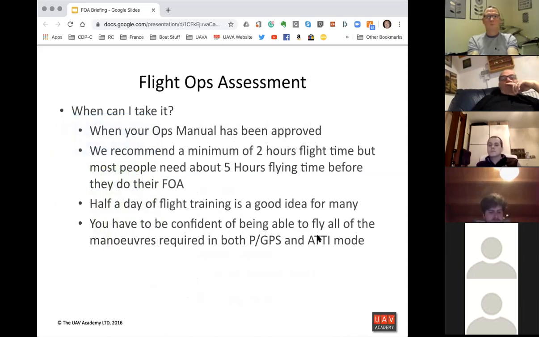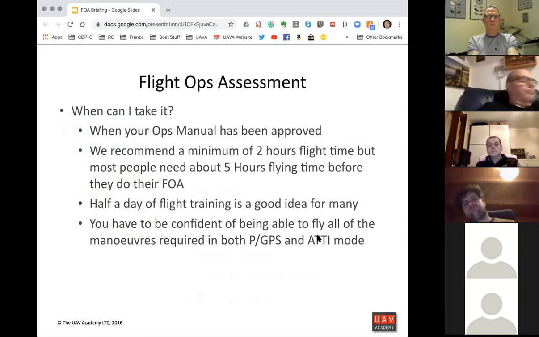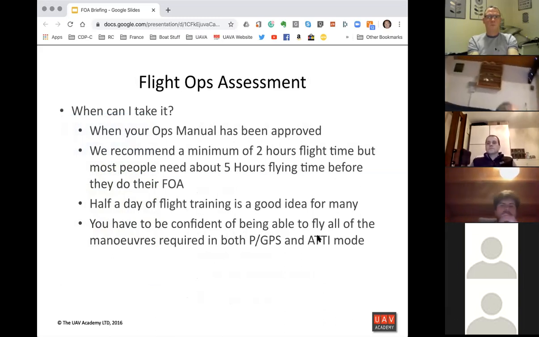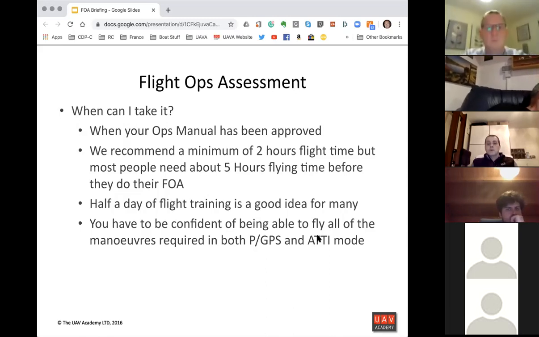So when can you take it? Well, you've got to have an approved ops manual. That's really all it boils down to, or an ops manual against which a permission has already been issued, which would be the case for you, Tom. There really is no fixed amount of time. People do ask, how many hours do I need to have flown before I can do my assessment? I wish it was as simple as that,